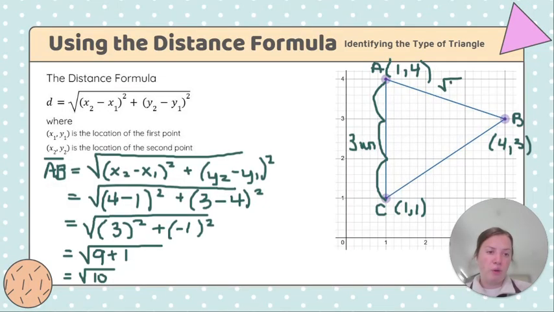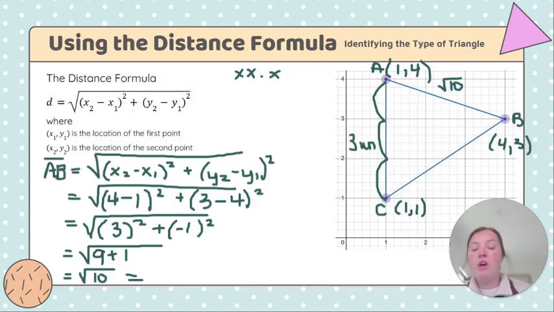The length here is square root 10. Now, sometimes you're going to be asked to round to the nearest tenth. Remember, nearest tenth means that if we have a number here, we only want one number after the decimal point. So what I can do is get out my handy dandy calculator, type in 10, and find the square root of that. And that gets me